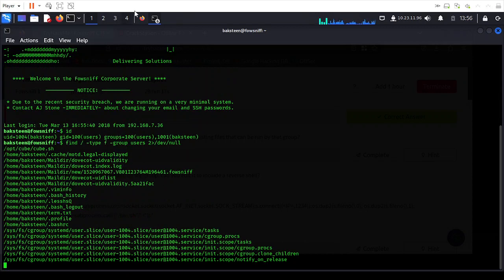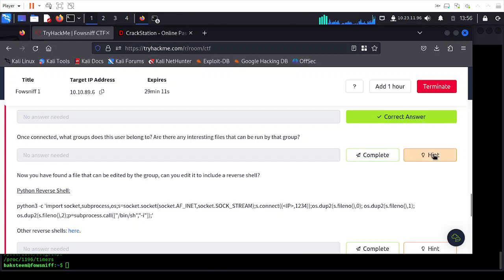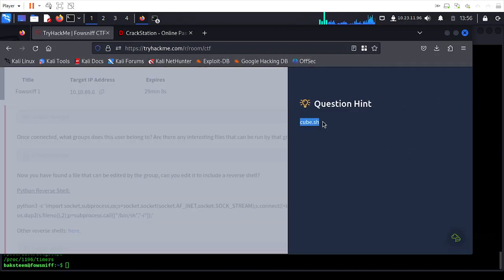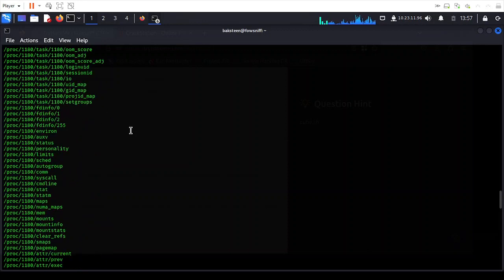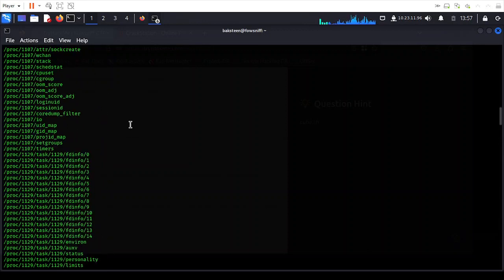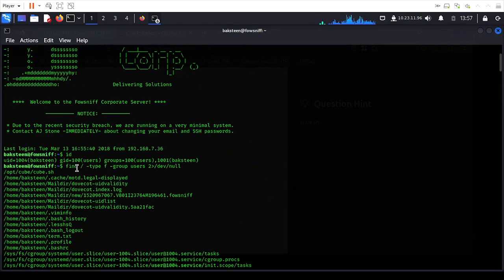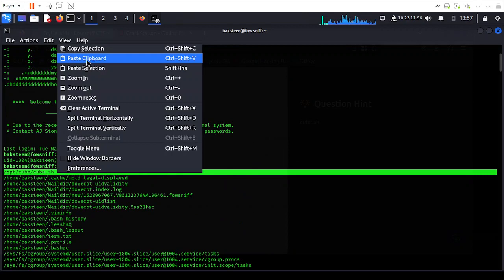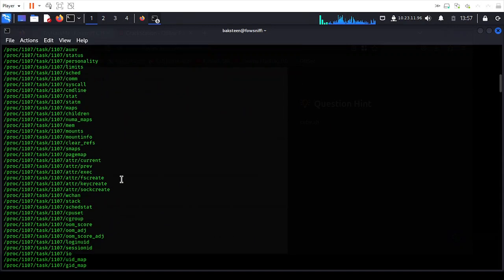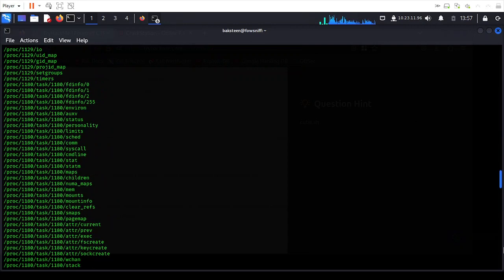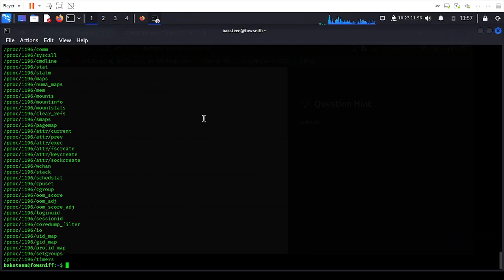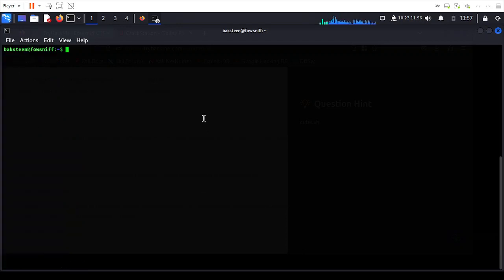So it's loading, and from here, if you check the hint, you're being told cube.sh. So I guess you've already seen we have cube.sh up here. So the interesting file that we're being told about is this particular cube.sh, which is in the opt directory. So let me just drag this scroll bar down here. Okay, so what I'll do now is